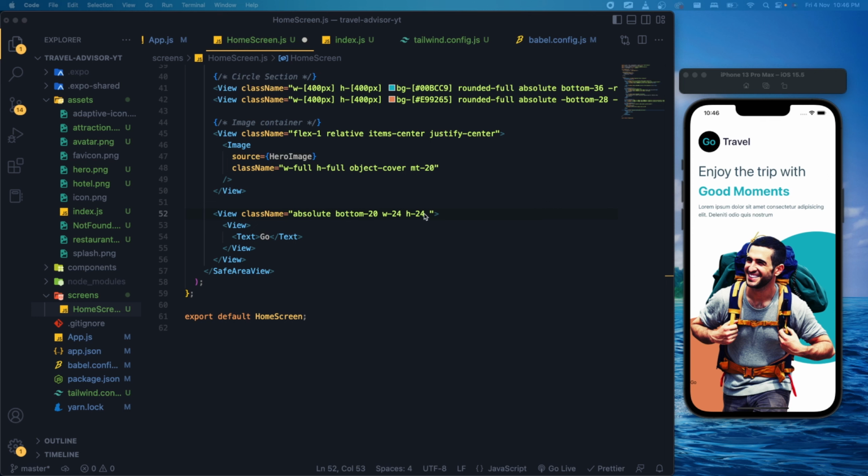Okay, so here we made the height and width. So let's save the changes, and if I'm using any background color, you can see that background color. So basically we don't need any background color for it. All we have to do is to just